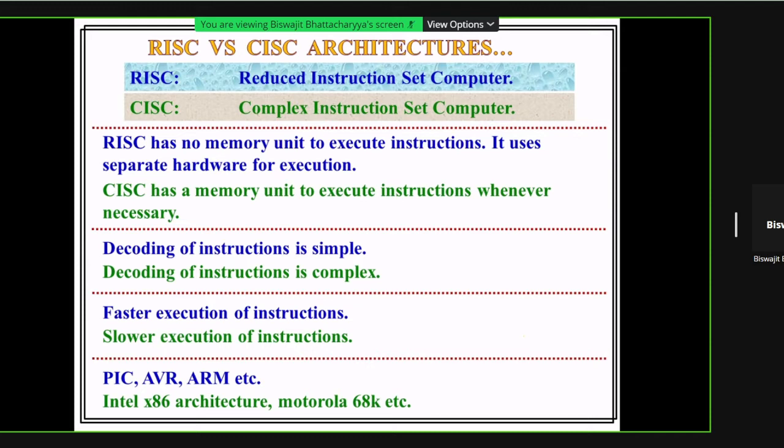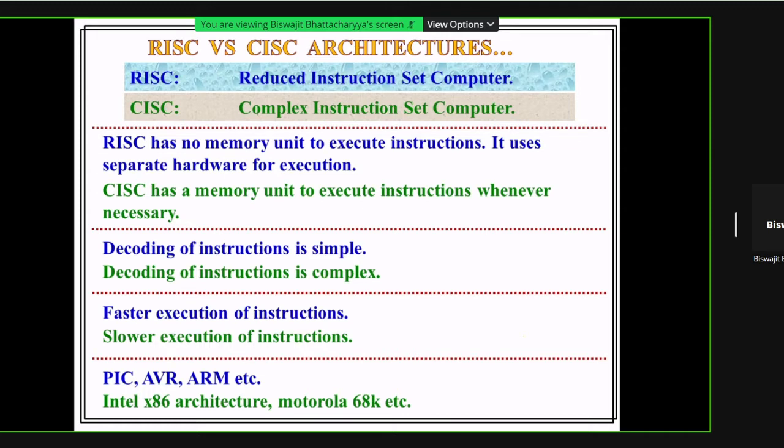In RISC, decoding of instructions is simple because the instruction is handling a simpler type of job. But decoding of instructions is complicated for CISC. And faster execution is there for RISC because the instruction length is small and it handles a simpler type of job. But the execution is relatively slower for CISC.